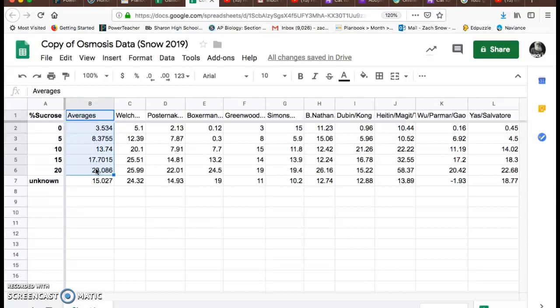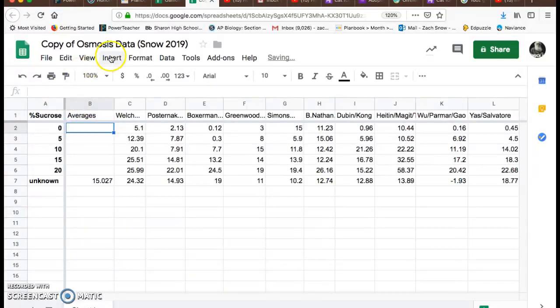So remember, I showed you last time, but I'll show you again, that right next to these x values for sucrose, see these are your x values, percent sucrose, 0, 5, 10, 15, 20, that's percentage of sucrose. This is your unknown. We're not going to graph the unknown because we don't have an x value for that, and so it won't know how to graph it, but we will solve for the unknown once we have the y equals mx plus b formula for the line. All right, so now I'm going to type in here averages,